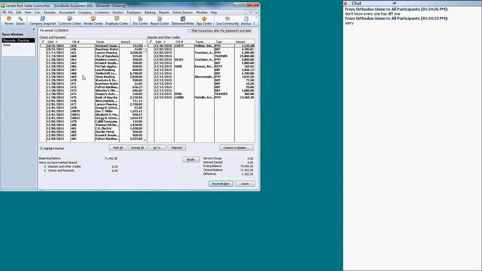Every bank has a different layout on the bank statement. Most banks will have three sections. One for the deposits, one for the debits, and one for the check numbers in numerical order. So you would want